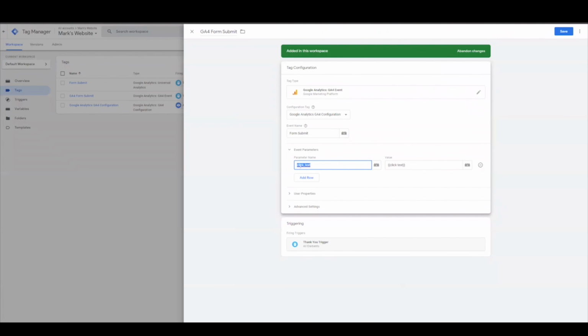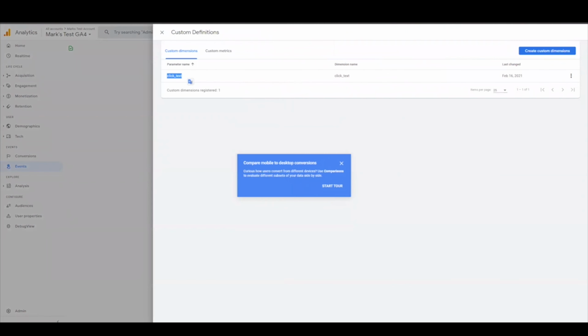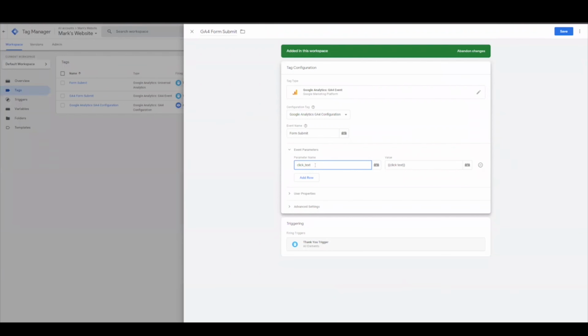And the parameter name here is click text. Within here, it's click text. And that is to ensure that when I create this, this parameter should pull in this field when I'm